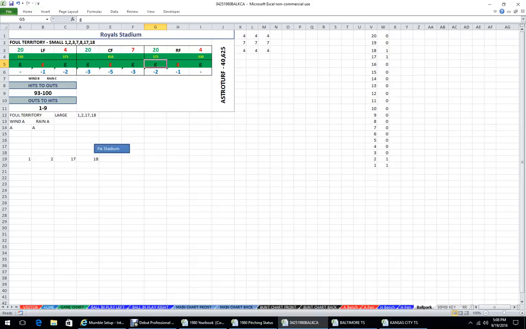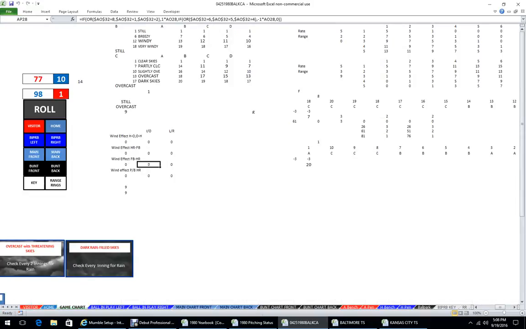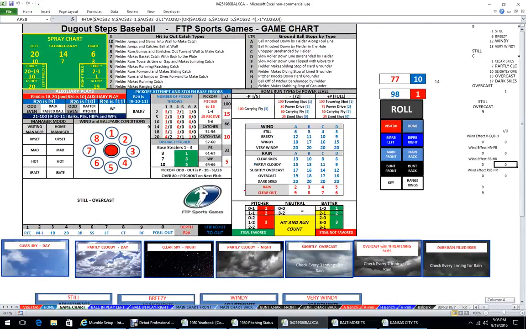So when you're done doing that, you will click Fix Stadium, and Fix Stadium is going to real quick copy these down here. This is where the text to columns comes in, and then it'll come over here and text to columns these here, which will assign ones in this grid over here, and that becomes important in automated foul outs, which I haven't done yet, but I was looking into the future when I did that. So without further ado, let's click Fix Stadium. Boom, there we go, and it'll bring you over to your